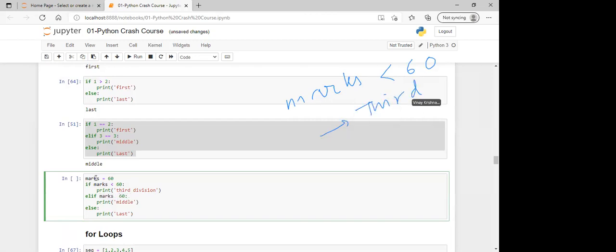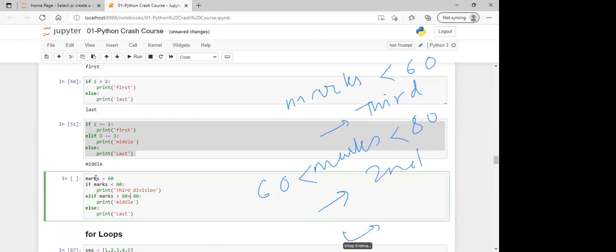Marks less than 80 but greater than 60, then print second division, else third division, like this. Just give me a minute, I need to... Sure, I will try.